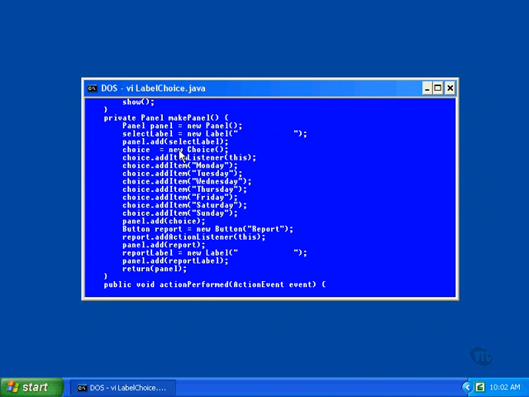Here the new choice object is constructed, and its add item method is called once for each text string to be used in the selection. The choice component is then added to the panel the same as any other component. We then create a button called Report, and it's added to the panel. Then we create and add another label called Report Label. Whenever this button is pressed, the report label will be updated with the text of the currently selected item from